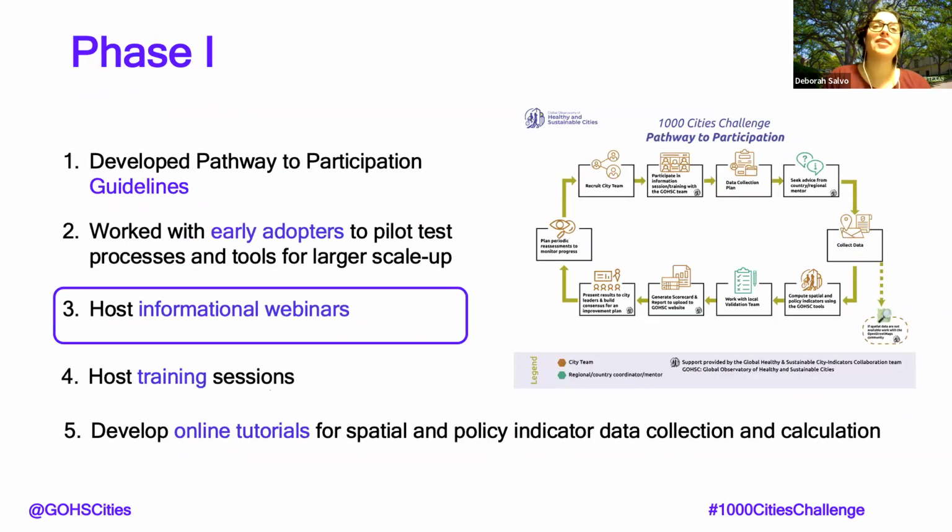In terms of what we've done and where we're going, we are happy to report that we have now developed a comprehensive document. It's a PDF file that is hosted within our website and you can download that explains our pathway to participation guidelines. What do you need to do to become a part of the observatory? We have also worked with early adopters beyond the 25 initial cities that were included in the Lancet Global Health series publications and studies, so above and beyond those, to test some of our processes and tools for larger scale